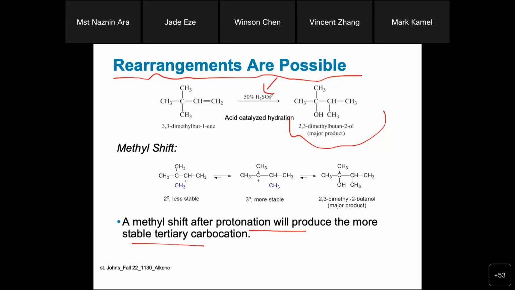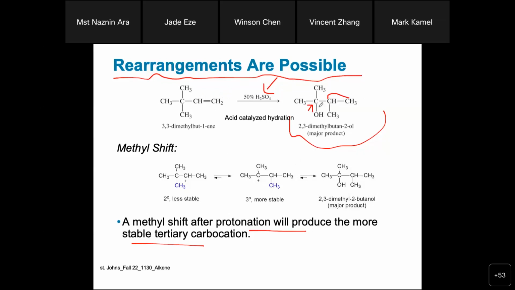So what happened here, you can look here that in this case we had the double bond carbons, this one and this one. Normally, if we don't consider the rearrangement, then what will happen here? The hydrogen will go here, carbon, carbon, CH3, and there CH3, CH3, OH. See, this is the normal thing. However,